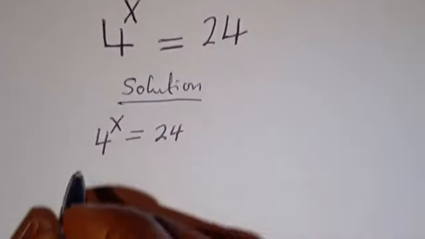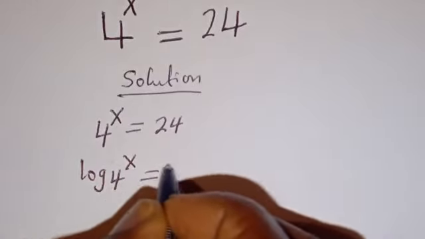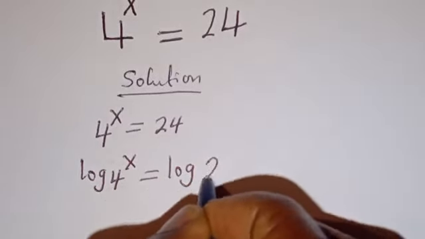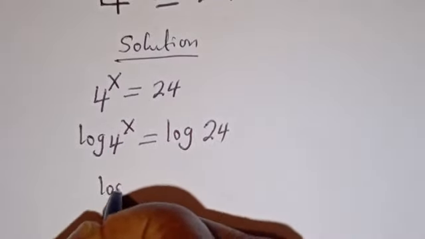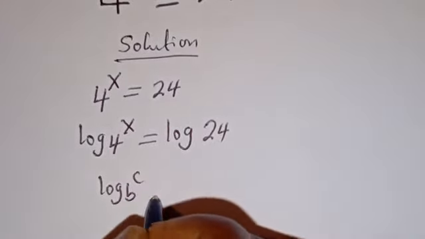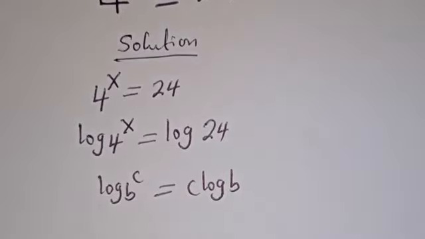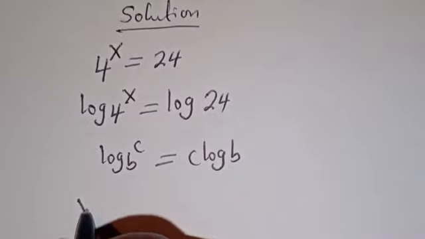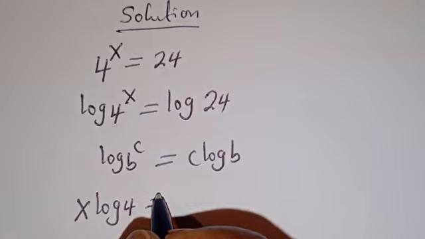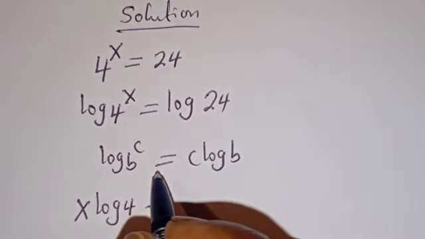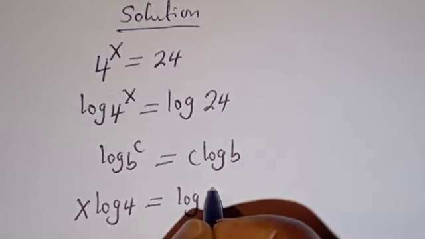Let's take the log of both sides. Log of 4 to the power of x is equal to log 24. Take note of this, that if you have log b to the power of c, this is equal to c log b. Then this can be written as x log 4 is equal to log 24, which can be written as log